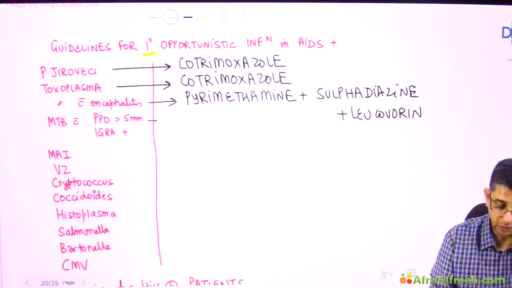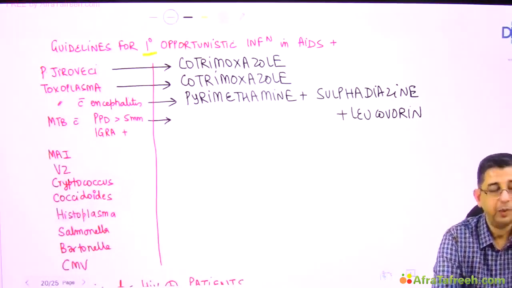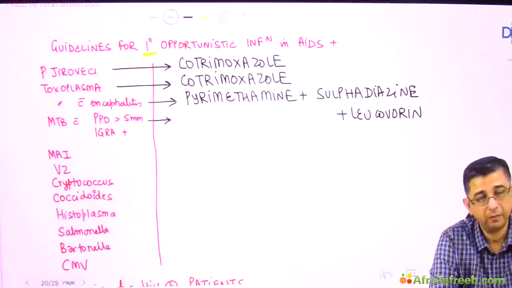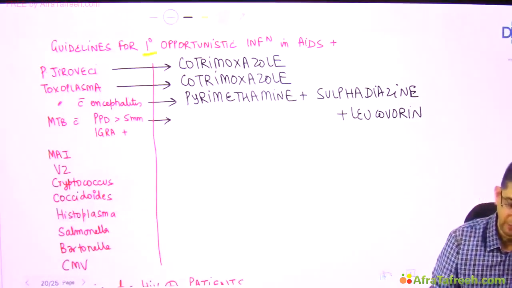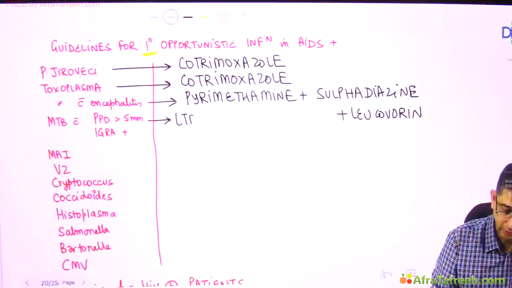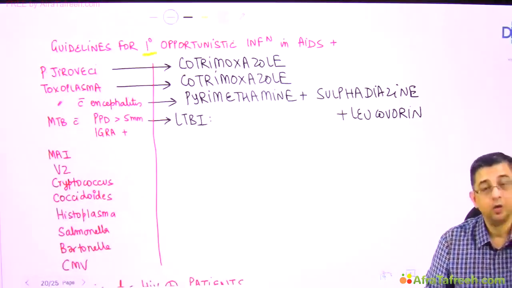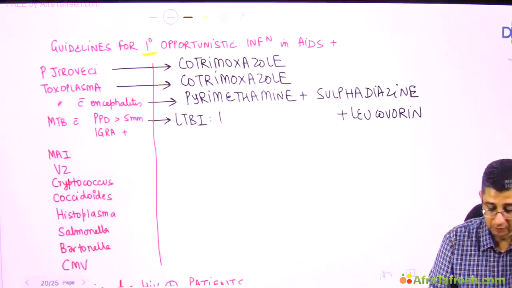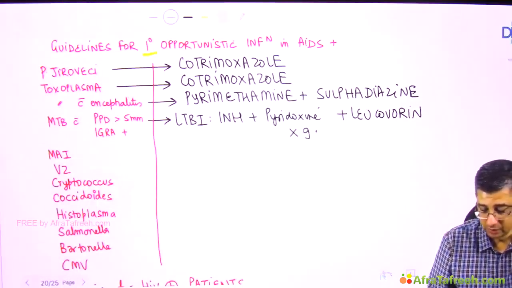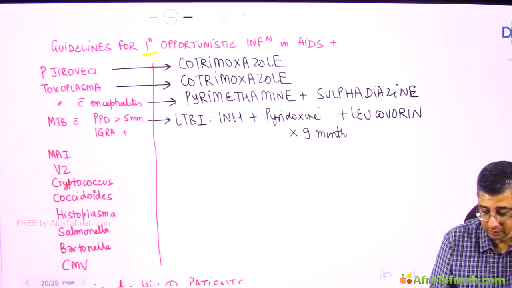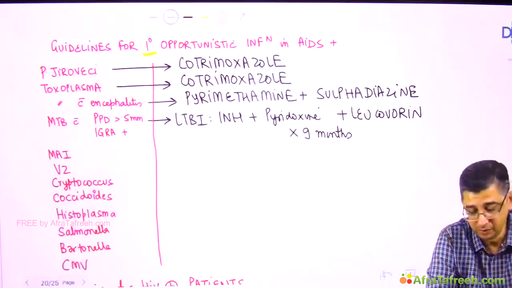Now, if a person with HIV is having a PPD, that is purified protein derivative Mantoux test, positive for more than 5 millimeter, it indicates that the patient could be having a latent tuberculosis infection, LTBI. What is the treatment for latent tuberculosis infection? You have to give isoniazid to the patient along with vitamin B6, that is pyridoxine, for a total of 9 months. Mark my words there: a total of 9 months, we will be giving only a single antitubercular drug, isoniazid with pyridoxine,